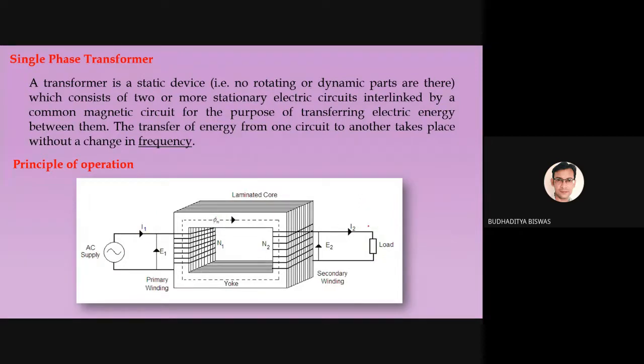Suppose in the normal case, when you connect some load, the primary current is 10 ampere. If we disconnect the load to produce no load, we just magnetize the core, and a very small amount of current, say 2 to 3 ampere or even less, will flow through this particular winding. This current is called the no load current, and it is denoted by I0.